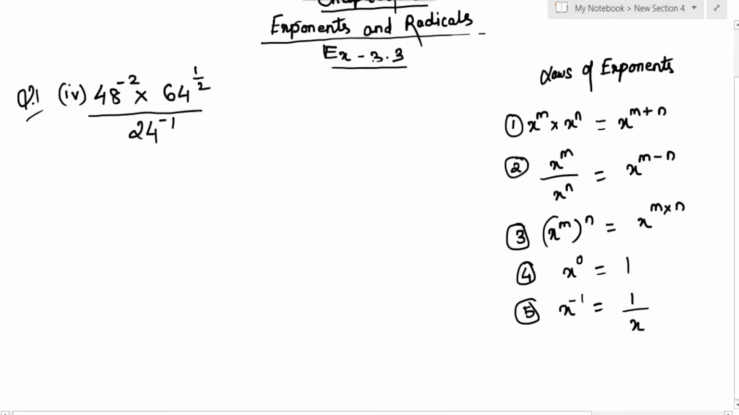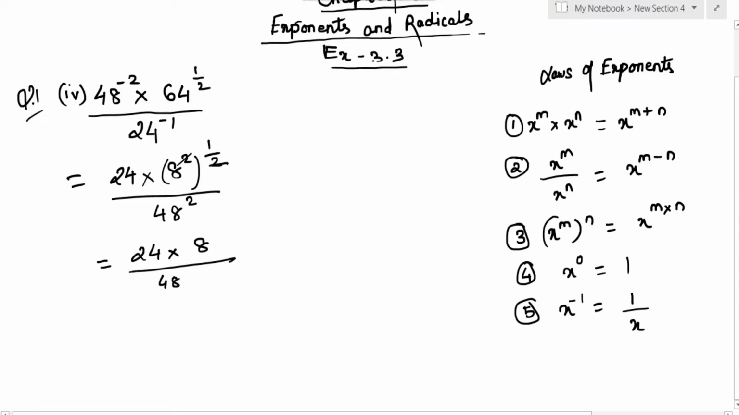Now next is the fourth part, 48 to the power minus 2 into 64 to the power 1 by 2 upon 24 to the power minus 1. So 24 to the power minus 1 will come upward and it will become 24 to the power plus 1. 64, we know that it is the square of 8, and 48 to the power minus 2 will go downside and it will become 48 to the power plus 2. So this will become 24 into 2, and 2 is going to be cancelled, and finally we are having 8